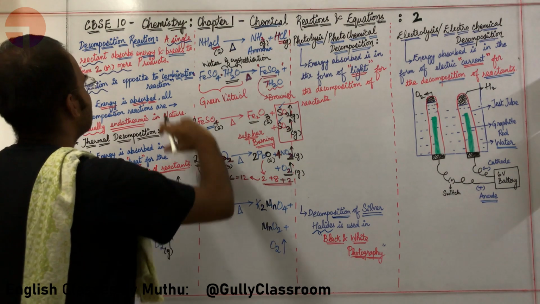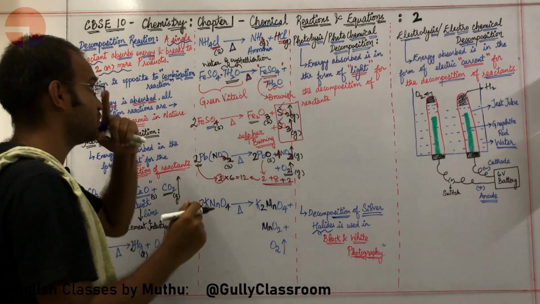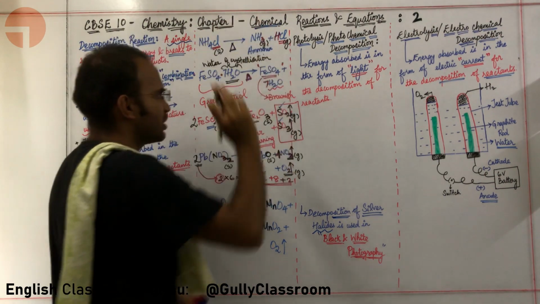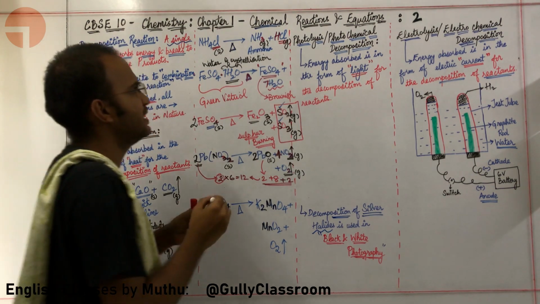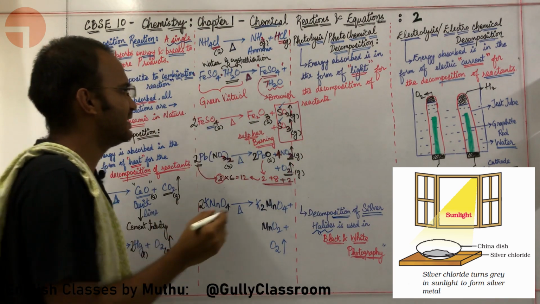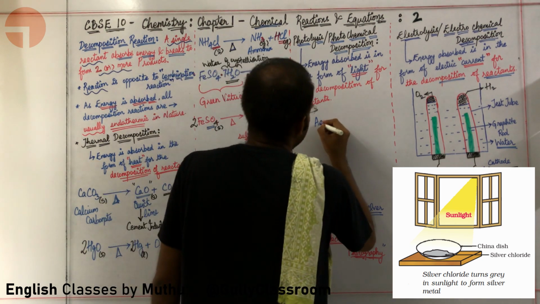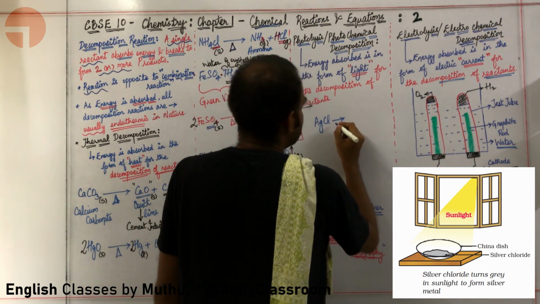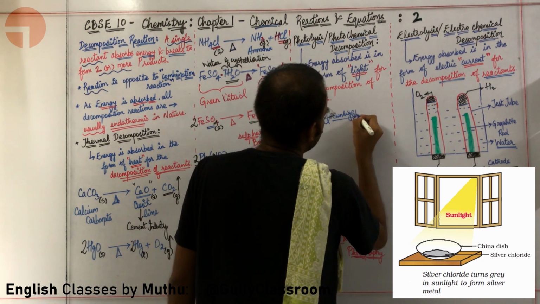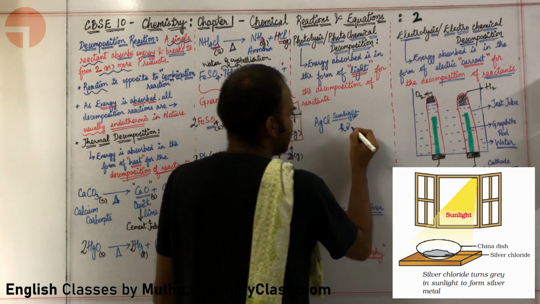Are you able to understand how I went through some 6 to 7 examples for thermal decomposition reaction? Okay, sir. Let us go for photolysis or photochemical decomposition. In photochemical decomposition, energy is absorbed by the reactant in the form of light. There are very famous examples. What are the famous examples, sir? AgCl. Okay, what is happening? AgCl, you are giving sunlight. Sunlight can also be represented as H nu.